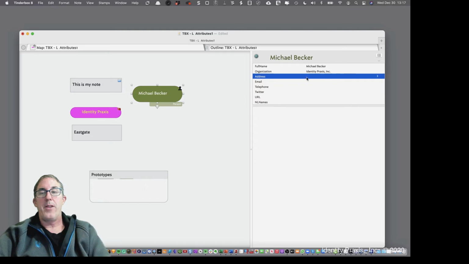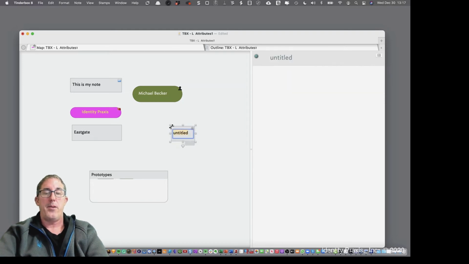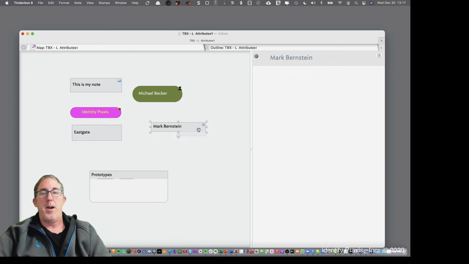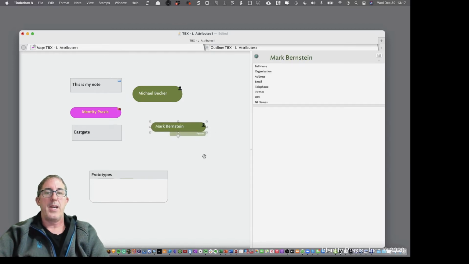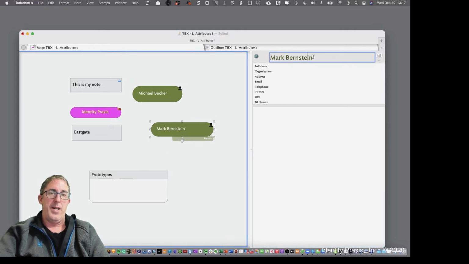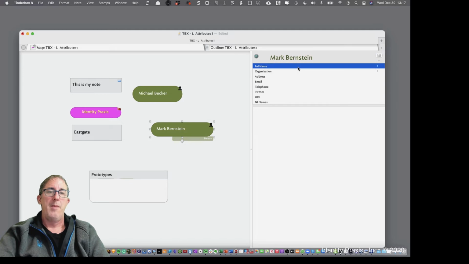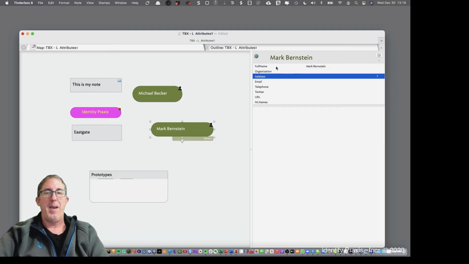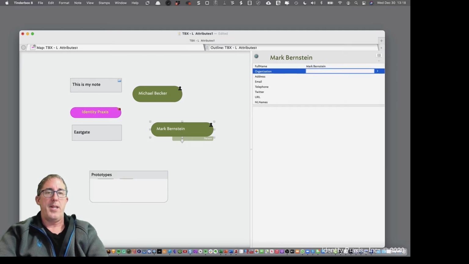Now, what's also interesting in Tinderbox, let's go ahead and create a note about Mark Bernstein. As we all know, Mark is the CEO, founder, and designer of Tinderbox, and we are all incredibly grateful for his passion and the efforts and work he does. So we're going to go ahead here. What's interesting about this is I'm going to copy and paste Mark's name into the value of the full name attribute. And I'm also going to put in his company,